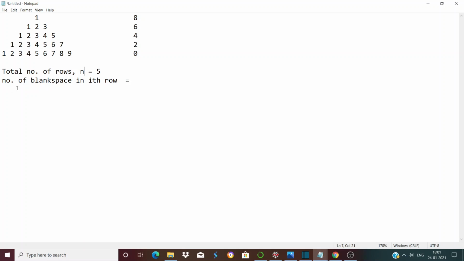So the number of blank spaces in the ith row will be 2 into n minus i minus 1.